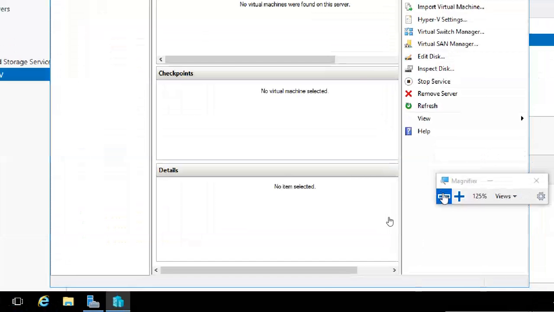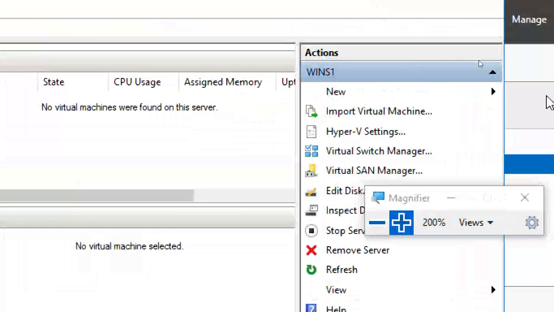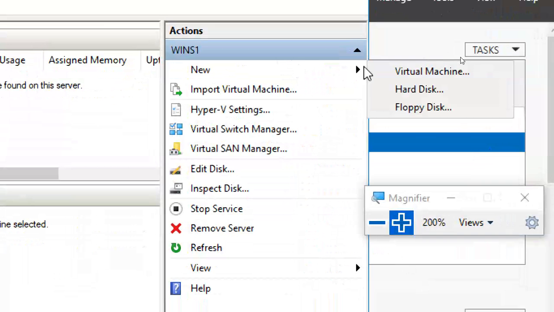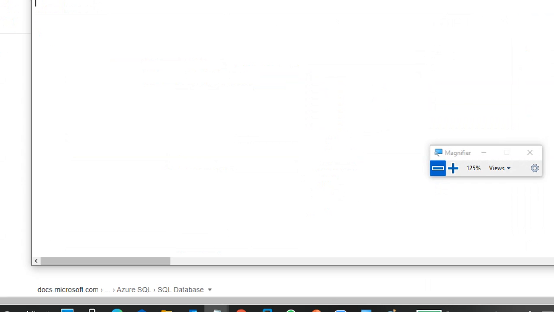Other things are virtual machine generation settings and hard disk types, and the next one is virtual switch manager. I will show you these things after a break. So this is it about your Hyper-V, and the remaining parts I will